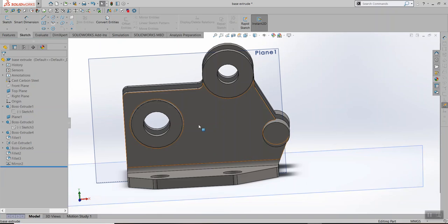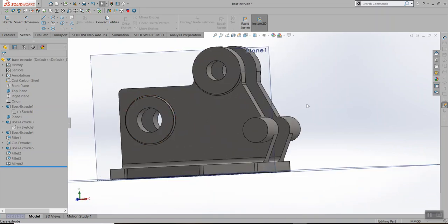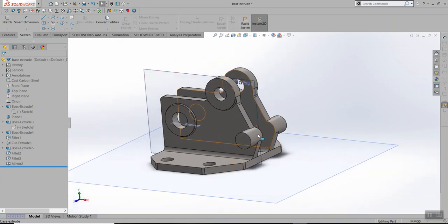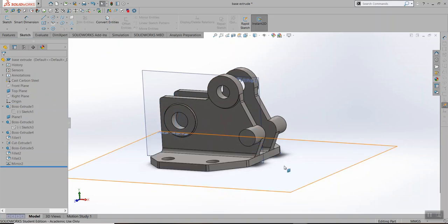Alright guys, we are going to start this lesson on Solidworks Lesson 2. So for this we have a little bit more intricate part. We're going to be getting into making three-dimensional parts this time. We're introducing the boss extrude, which is basically just taking a flat sketch and